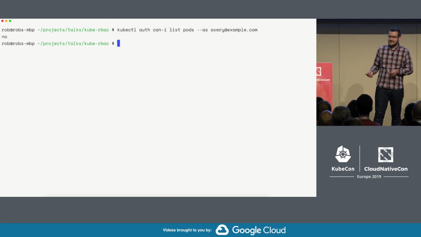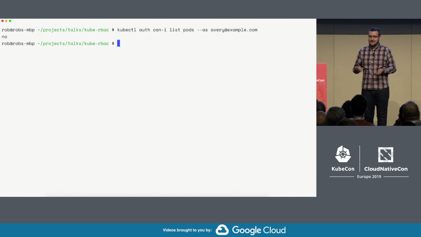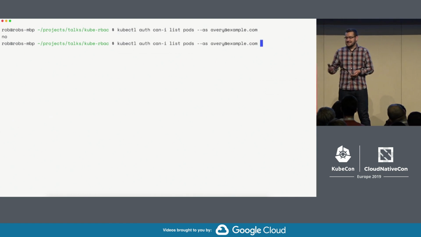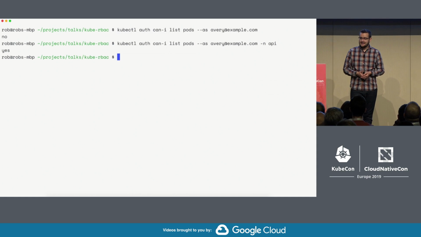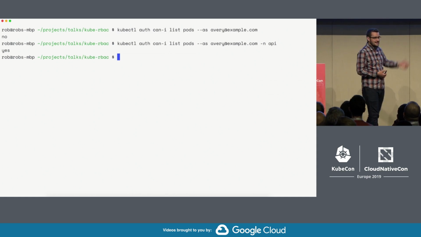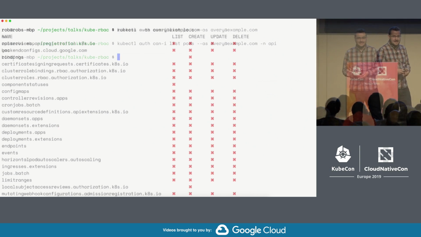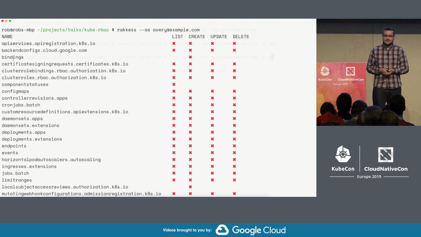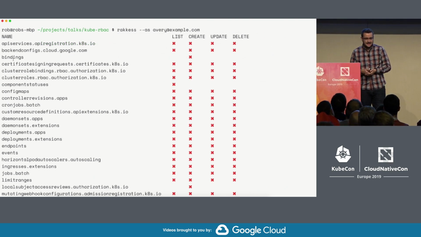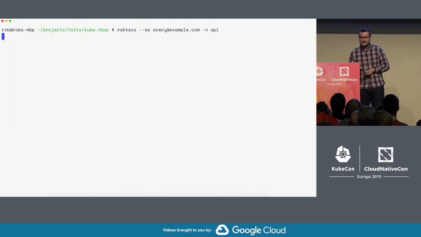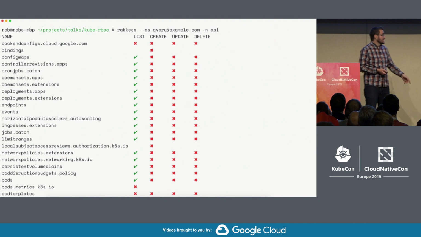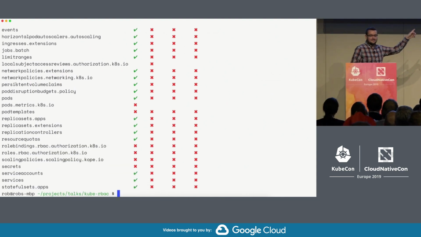So if we run this command again and we specify, say, the API namespace, so we'll just add a -n and API, the answer we get back is yes. And if we do that again, because we also granted access in the web namespace, specify a namespace. So remember API? That API namespace, we granted her view access. If we run that against the API namespace, you start to see some green check marks showing up that show,